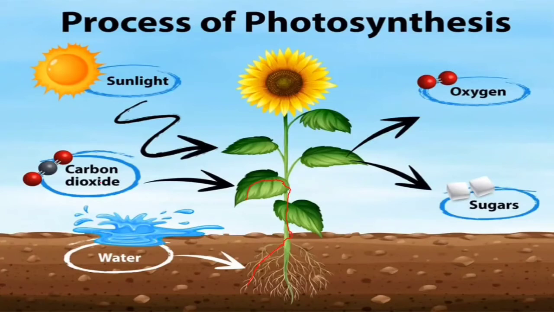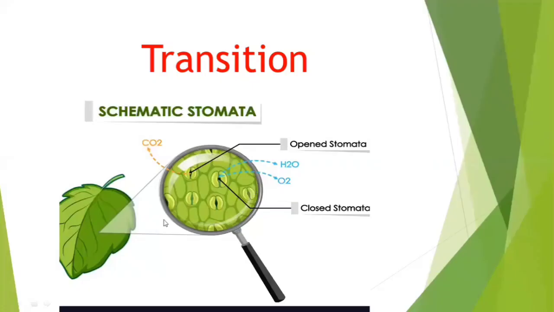Then the carbon dioxide. Now you have to see that the leaf's stomata are tiny holes below the leaf, and this stomata helps the plant to let oxygen out from the leaf and carbon dioxide go in. Now you would think, why can we not see them with the naked eye? Because they are very, very small, because air can go in it, as air doesn't have any shape, but they are very small. We have to see them with a powerful microscope. So that's why we cannot see them with the naked eye.